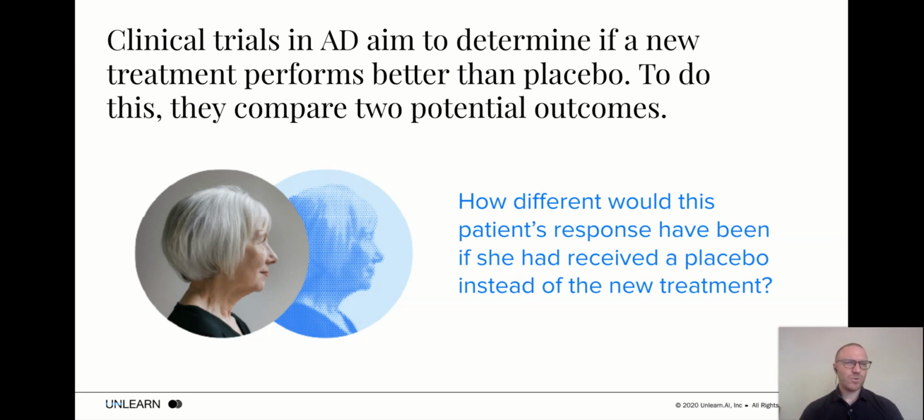Well, in Alzheimer's disease, or really in most therapeutic areas, a clinical trial aims to determine if a new treatment performs better than placebo. To do this, we compare two potential outcomes: the outcome of what would happen to this patient if they are randomized to the active treatment group, versus what would happen if they were randomized to the placebo group. It is the difference between those two potential outcomes, averaged over the patient population, that we call a treatment effect. That's what we want to estimate. Even though we can only obtain data on the response of a patient to the active treatment by actually giving that treatment to a patient and observing what happens,